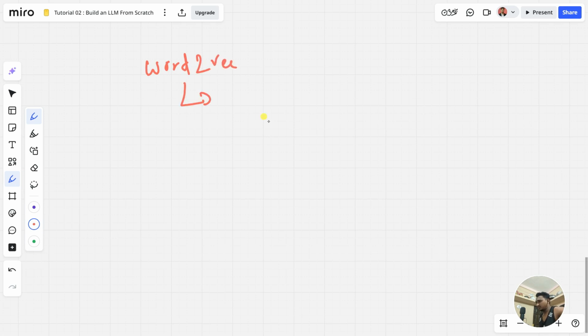It's widely used in NLP tasks, natural language processing tasks. Word2Vec is a neural network architecture trained to generate word embeddings by predicting the context of a